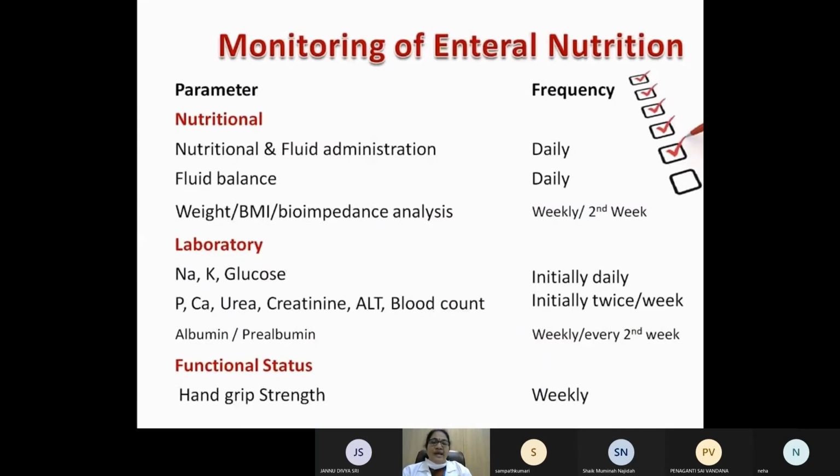So these are the things you have to monitor while giving enteral nutrition. These are the parameters. First, nutritional parameters should be monitored frequently. Nutritional and fluid administration should be checked daily. Fluid balance should be checked daily. Weight, BMI, etc. should be checked weekly and bi-weekly. And laboratory parameters like sodium, potassium, glucose should be checked initially and daily, and phosphorus, calcium, urea, creatinine, ALT, blood count initially and twice weekly or weekly. Albumin, prealbumin should be checked weekly or